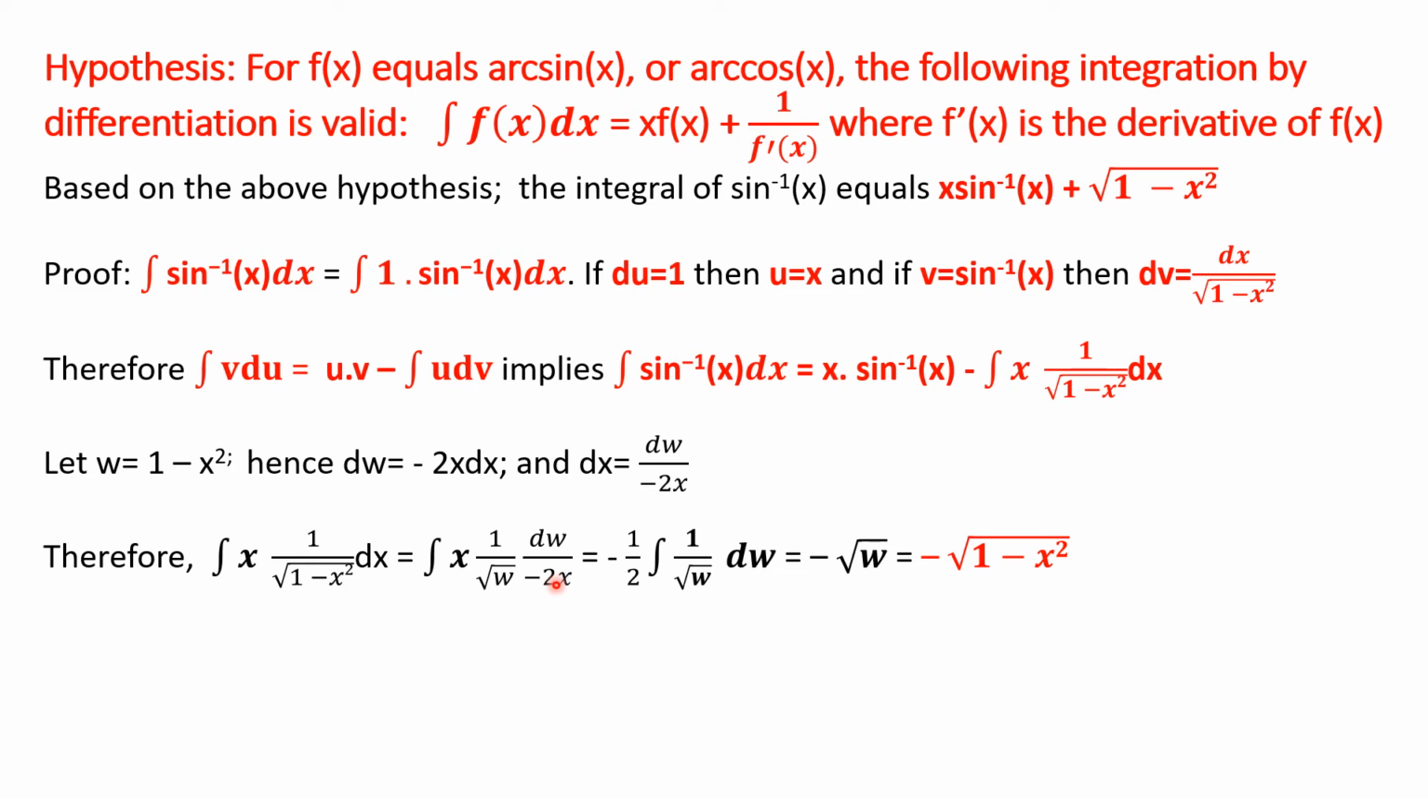If we take negative 2 outside, then we will have negative half integration of 1 divided by square root of w dw. And if we do the math, this integration is going to give us negative square root of w, which is equal to negative square root of 1 minus x squared. Since this integral is subtracted from the first term and the result of the integral is negative, and we have subtraction, these two cancel each other, and the result will be